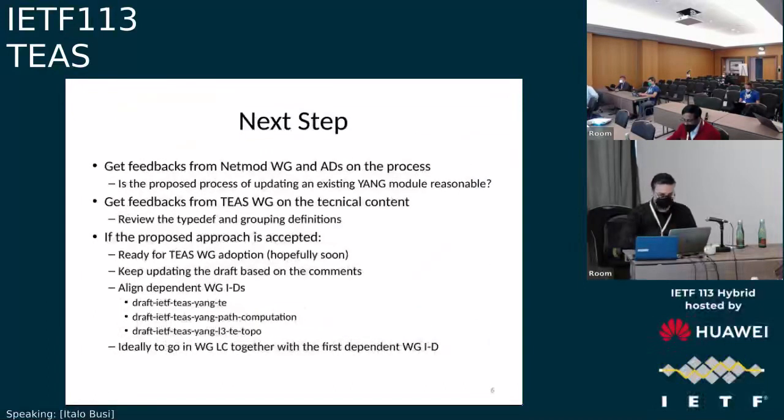And then about the next steps, the first point was to get feedback from the working group and ADs on the process, and that we got yesterday. Then we have feedback from this group, from the TSVs on the technical comment. So even if these different groupings are coming from mature working group documents, please review and give us any comments and feedback. And if the proposed approach is accepted, we think the document is ready for working group adoption,